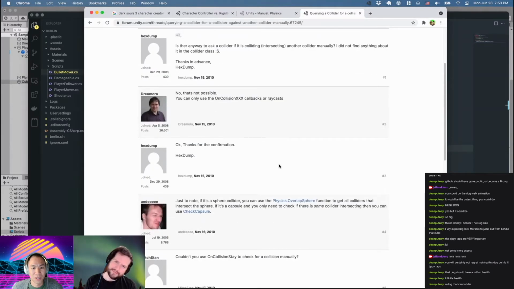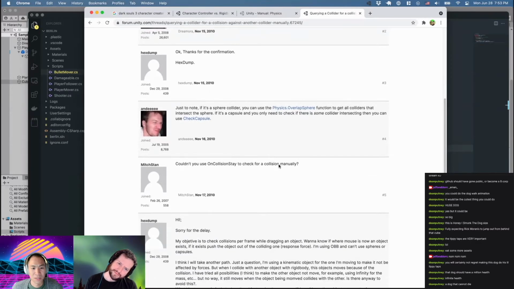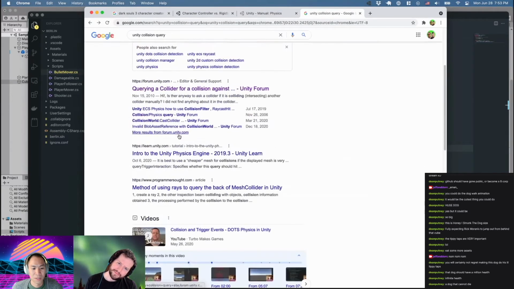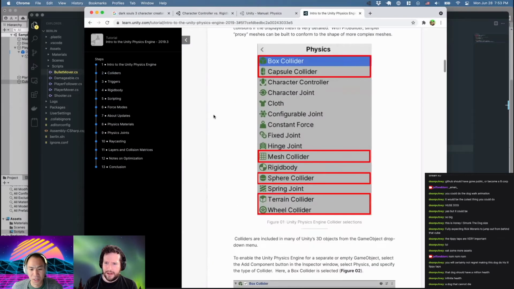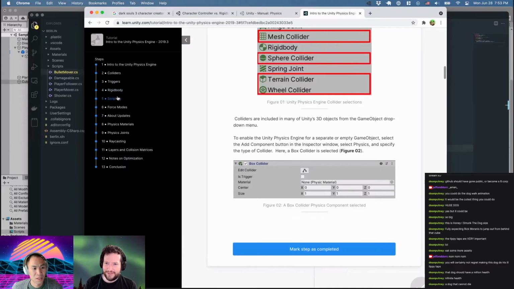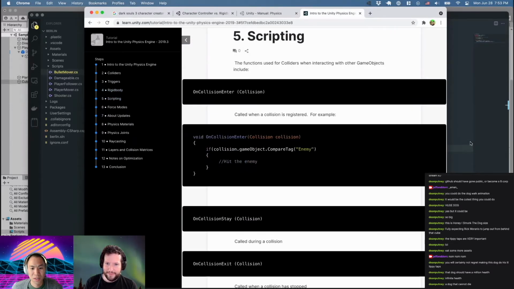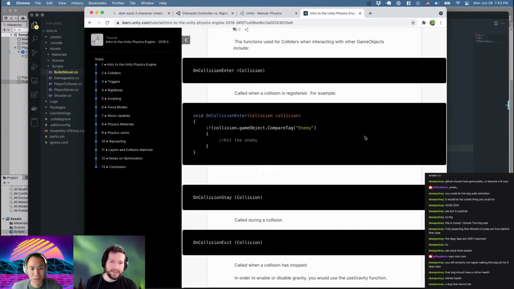You can only use the on collision callbacks. Gosh. Oh god, this is going to be horrible, isn't it? Take us down to scripting. I see scripting. That's probably what we want. OnCollisionEnter, collision, collision. Oh, okay. So this is